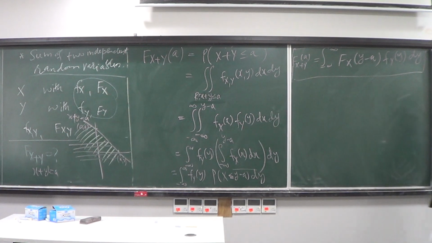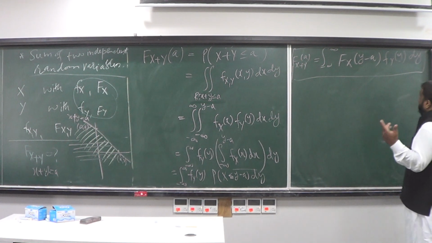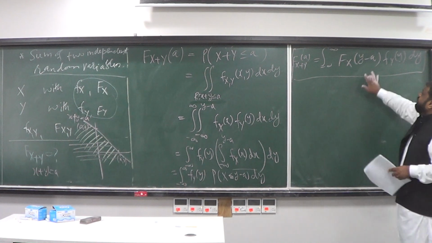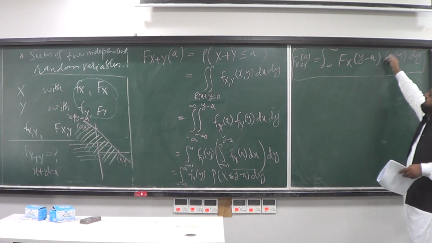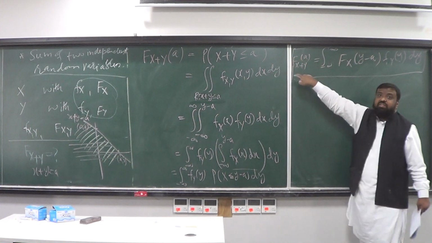There can be many interpretations of this formula. In other words, if you know the c.d.f Fx and if you know the p.d.f of y, substitute them here and solve this integral,